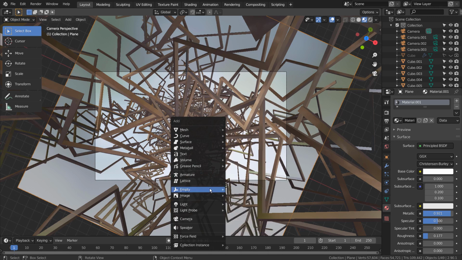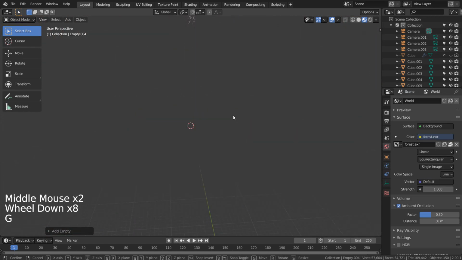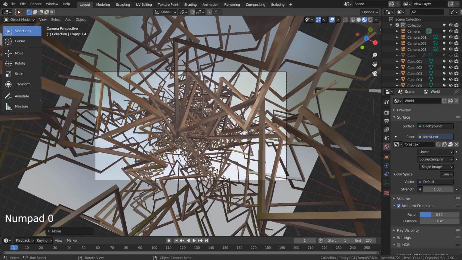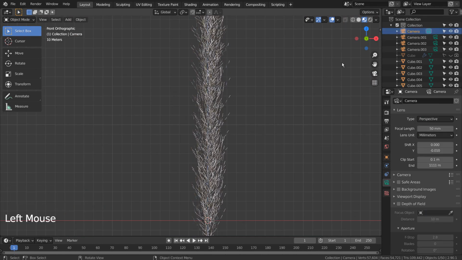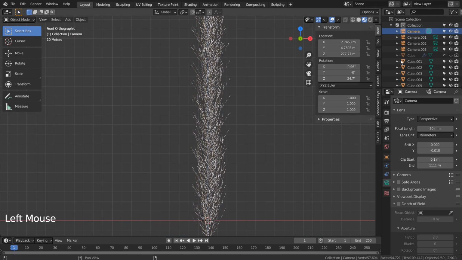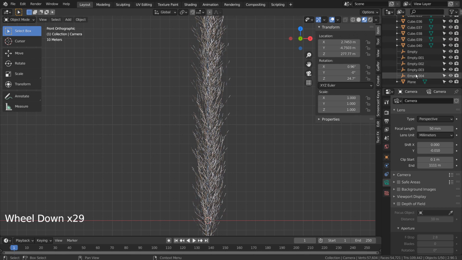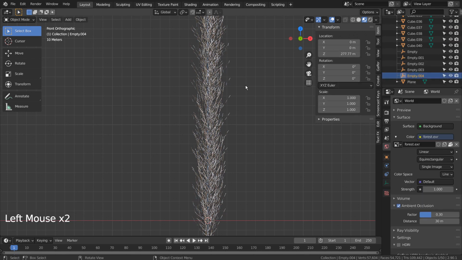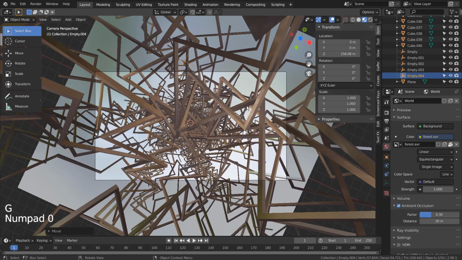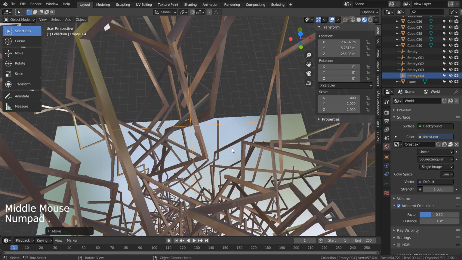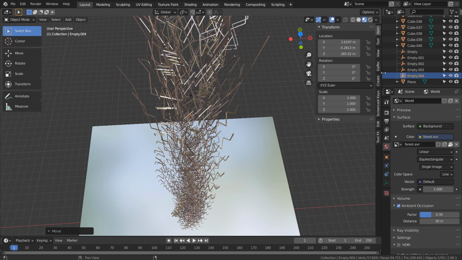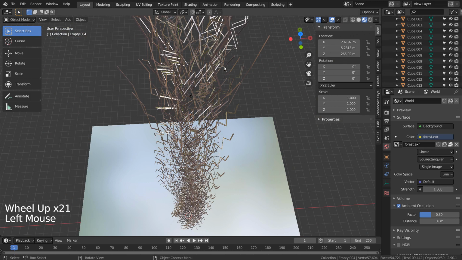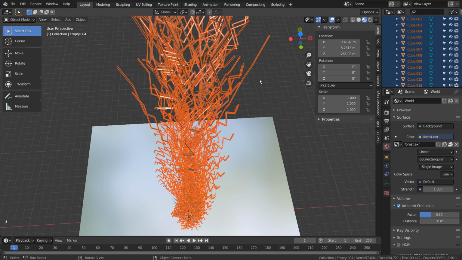Let's add an empty object, and use that as the camera's depth of field anchor object. Select the duplicated meshes, and M, to put them in a new collection.